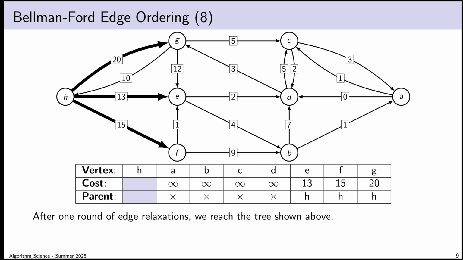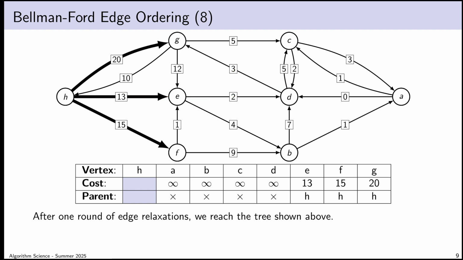So after one full round of edge relaxations, the only things in my tree are these vertices here. Now, I haven't necessarily found minimum cost paths to any of them yet, because for all we know, the minimum cost path, for example, to vertex G may not involve this edge. We already know that's the way the algorithm works. And so as it turns out, the minimum cost path to vertex G actually runs sort of like this.